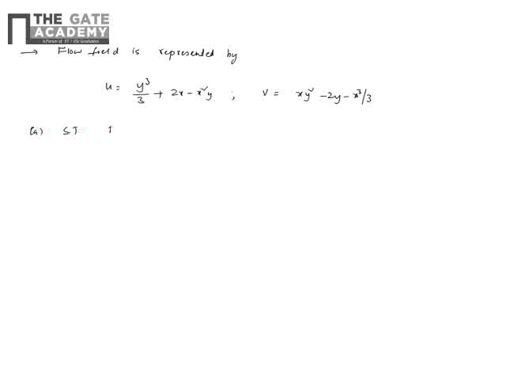So let's do some problems on these flow quantities. Okay, the basic problems on this. So the flow field is represented by u is equal to y cube by 3 plus 2x minus x square y, and the velocity component in the y direction is given in this way. So you have velocity components in x and y. So the question is, show that the flow field is irrotational